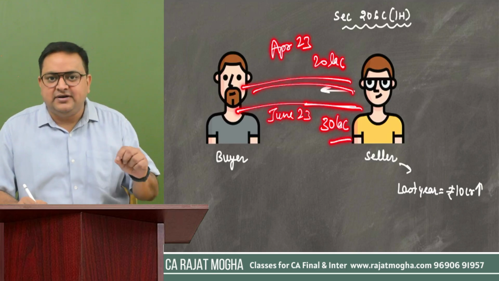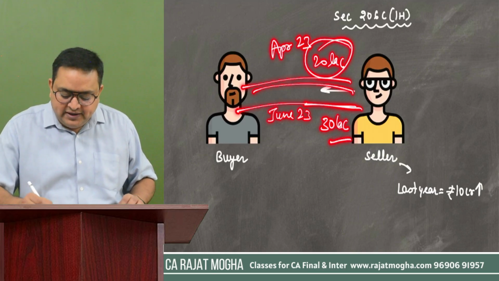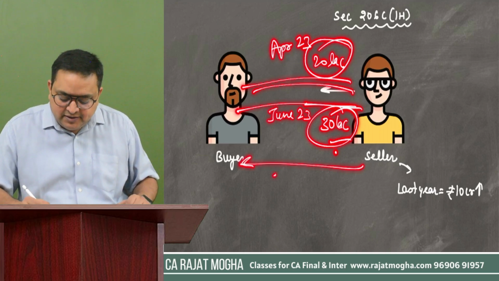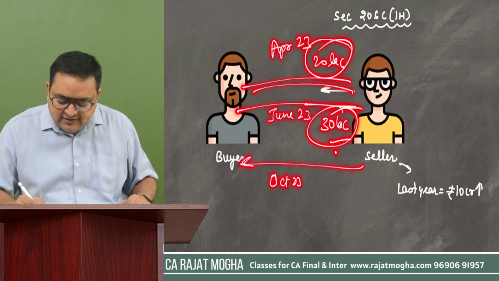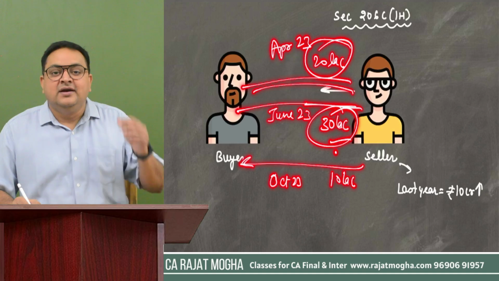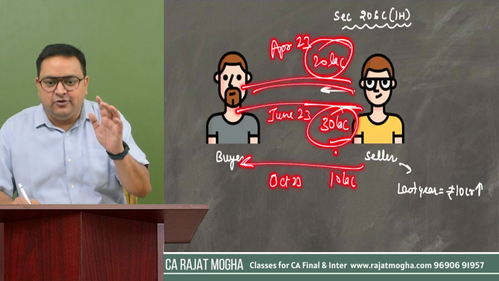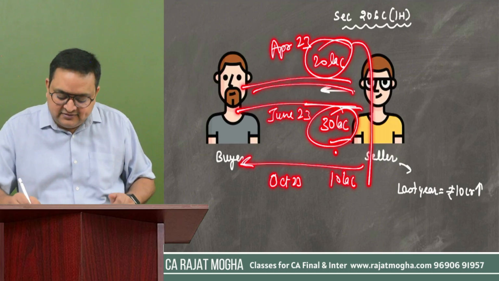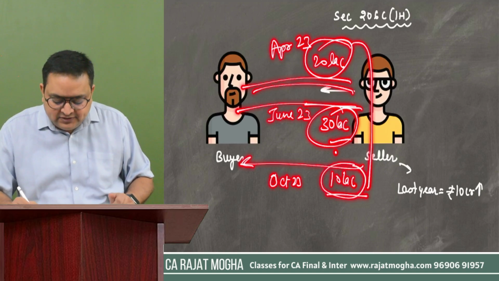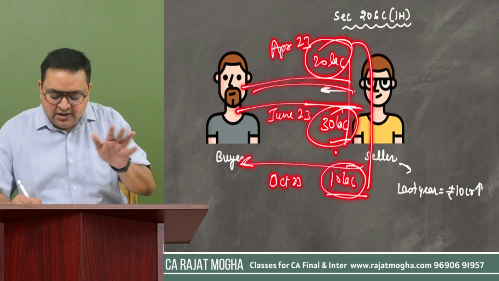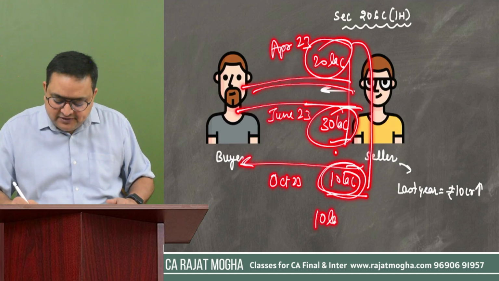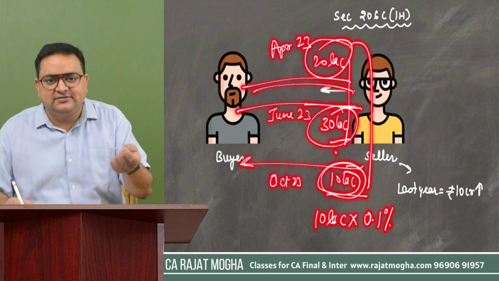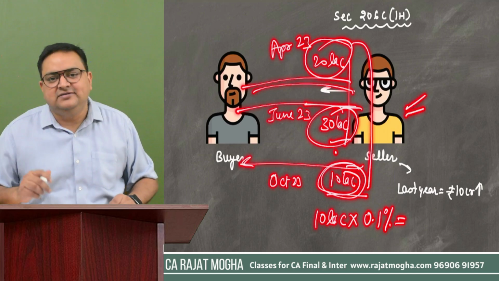He's selling something of rupees 30 lakh. No TCS. Why? Because 20 plus 30 is just 50. But on the remaining amount, let's say in the month of October 23, he's again selling goods of 10 lakh rupees. Now it is exceeding 50 lakh rupees. So on whatever amount exceeds 50 lakh rupees, the aggregate now comes to 60 lakh. So 50 lakh we will exempt. On 10 lakh rupees, this person will charge at a rate of just 0.1%. Just to track this transaction, he will collect extra TCS, right?